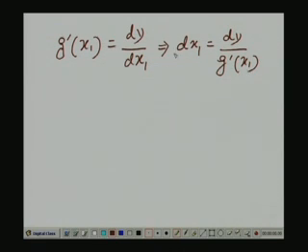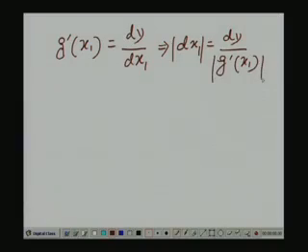if you want to put a mod across this, you have to put a mod across this, but dy is always positive. Dy was in our control, we took y equal to some value capital Y and then went up to y plus dy. So, dy is positive. So, you need to put mod only here, because gradient can be both positive and negative. Okay. Similarly, we can write down